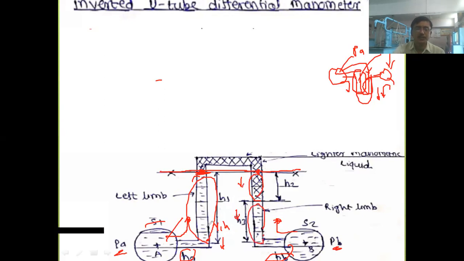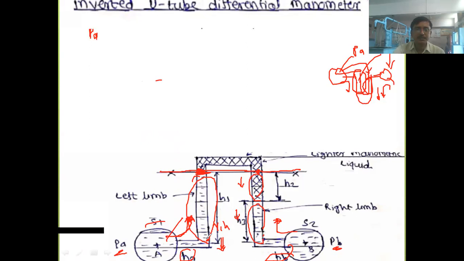So here there is a conflict in the sign convention. We have to decide the proper signs and then equate the equations, right? Let us consider the pressure intensity acting in upward direction as positive and the pressure intensity acting in downward direction as negative. So now you can write down the equation. What are the pressure intensities in the left limb at the datum? Okay, what are they? PA. So we have taken PA positive because it is acting in upward direction.